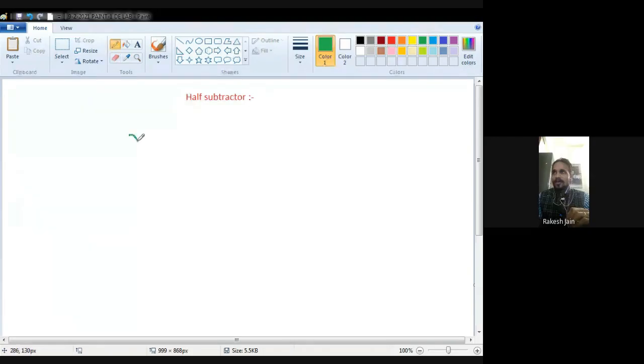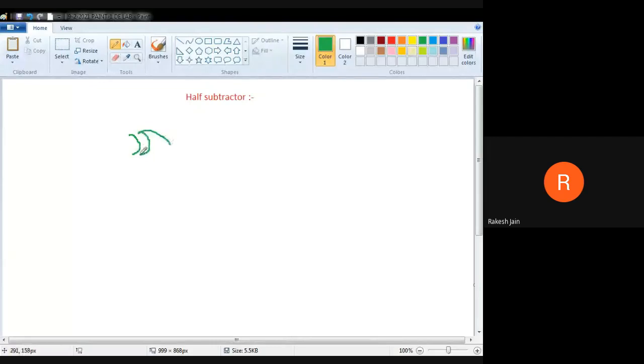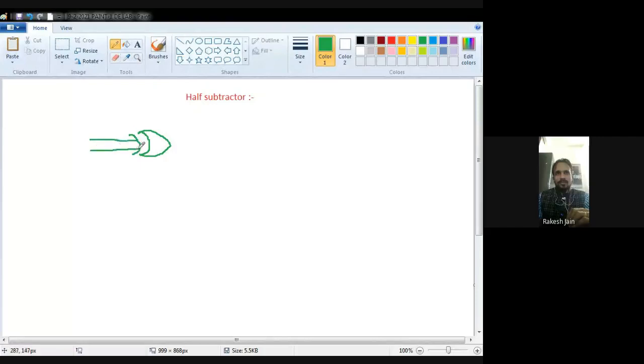So first of all, the half subtractor, as in the case of half adder, we use a XOR gate. So this one is your XOR gate, which consists of two inputs, and one more gate is your AND gate, which has two inputs.